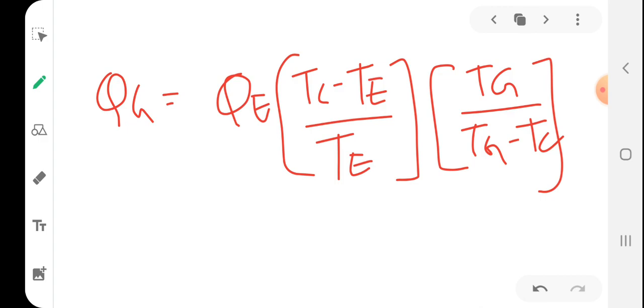So students, our aim is to obtain the coefficient of performance, right? The coefficient of performance is nothing but the desired effect,